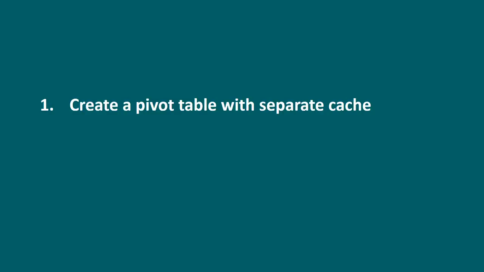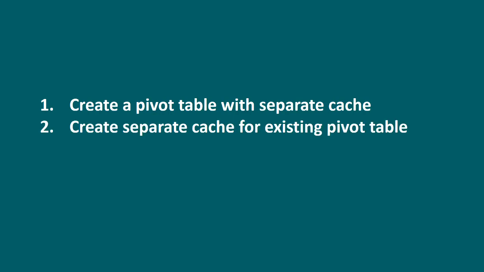So these are some benefits and side effects of sharing a pivot table cache. You can share the cache, or you can create a separate pivot table from the same source data with a different, separate pivot table cache. You can disconnect the existing pivot table from the pivot table cache and create a separate pivot table cache for that existing pivot table. You can reverse the pivot table to create source data also. All these three things we are going to see in this video.